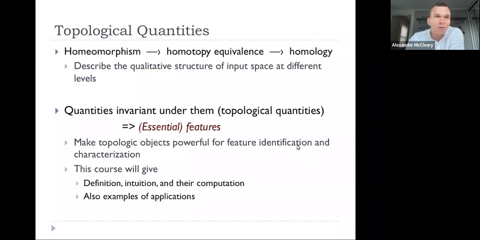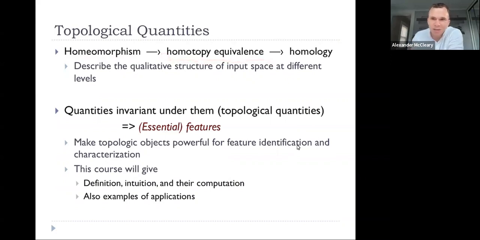So we'll be mostly focused on classifying spaces up to homology. And all of these classification types contain topological information. And as we move down, we sort of forget information. But even here with homology, we're still carrying a lot of information. So it's not a bad thing to forget this information, or it depends on your perspective, but